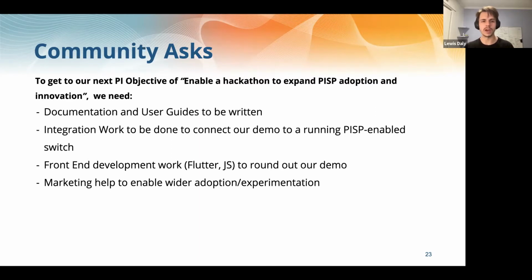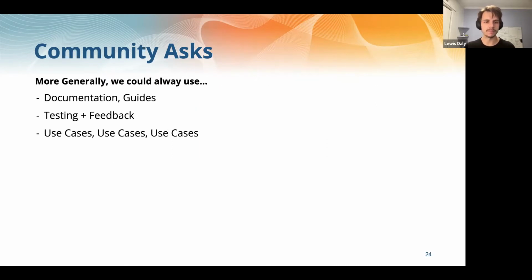We need help writing user guides, documentation. We need feedback. We need help testing all these sorts of things. And we also need people to come with their creative use cases to feed back to us, as Leslie Ann's saying, so we can plan the next version, plan what V2.0 of PISP looks like, and what would actually work in the market, because that's certainly my blind spot. I know Leslie Ann has her ear much more to the ground, and there are much smarter people in the community than me, but it's all about leveraging that together as a team.